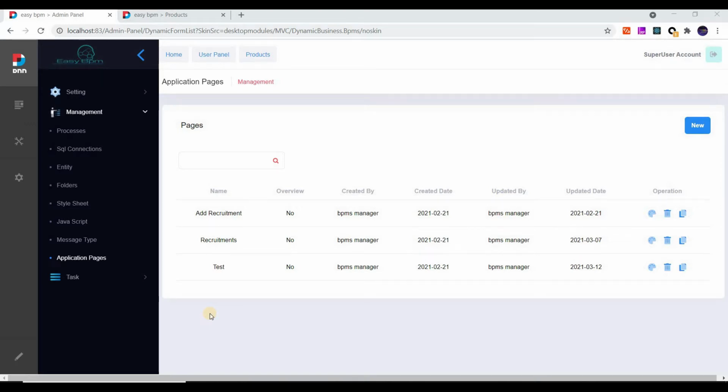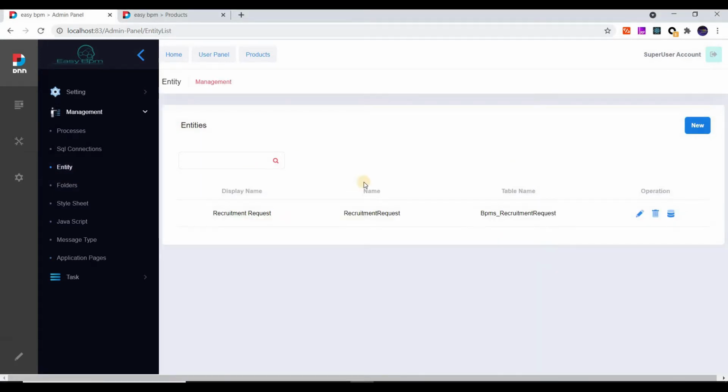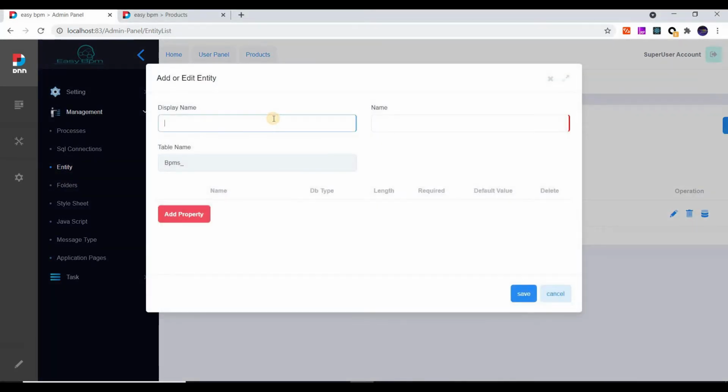Hello, in this video I will explain how to create a form and publish the form using single action module. First I go to the admin panel and then I go to the entity page. I create an entity called products,